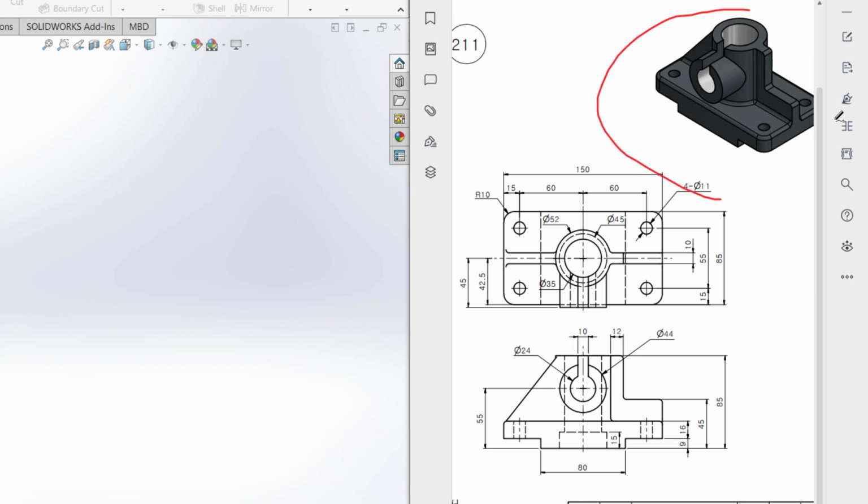Today we are going to solve this 3D problem. In this 3D problem, this is the top view and this is the front view. First of all, I will start drawing from the top view. In the top view, I will draw a rectangle, and this rectangle has a dimension of 150 by 85 unit. After that, I will extrude it to 9 plus 16 units. That will be 25. Okay, and then we can see we have two rectangular cuts, one is here and another